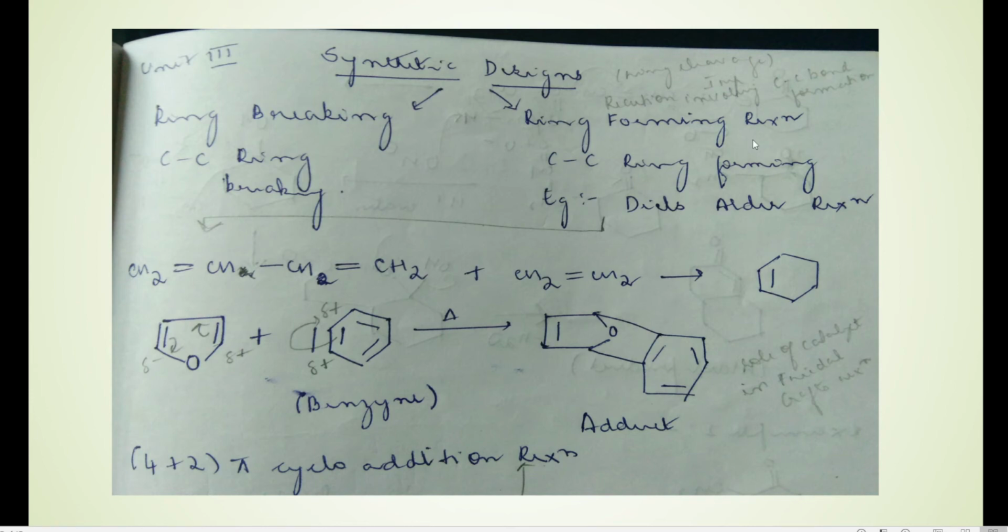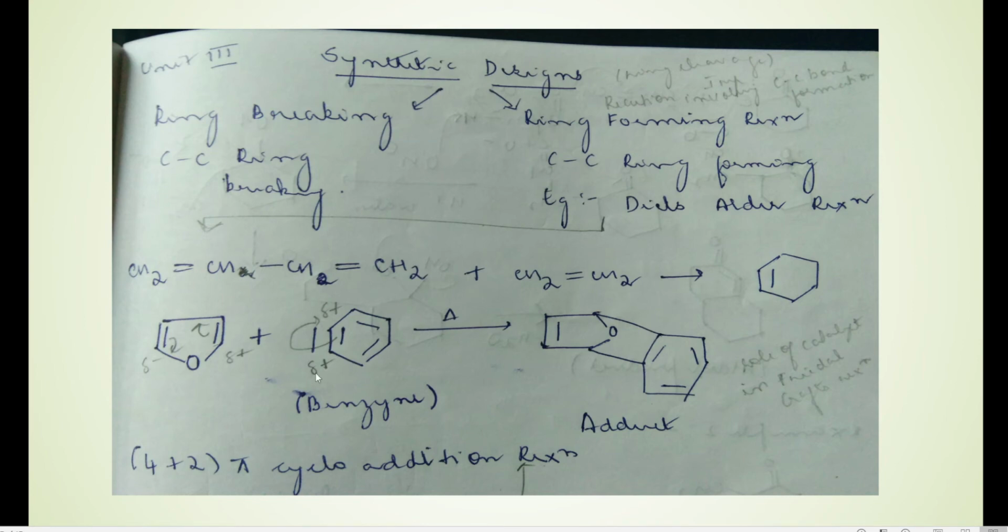Okay, so first we will discuss ring breaking later on. First we will discuss all the reactions that include new ring formation. In ring formation reactions, one of the examples is the Diels-Alder reaction. That is, you take a butadiene in the presence of an alkene, you get a cyclic product, so there is a ring formation here. Second, this is another example where a ring containing oxygen is taken and made to react